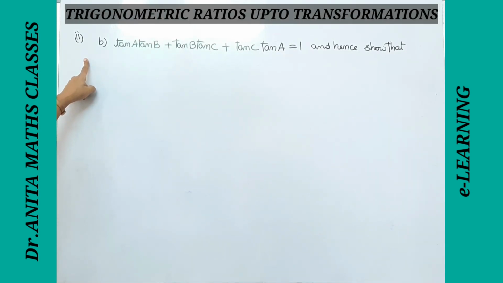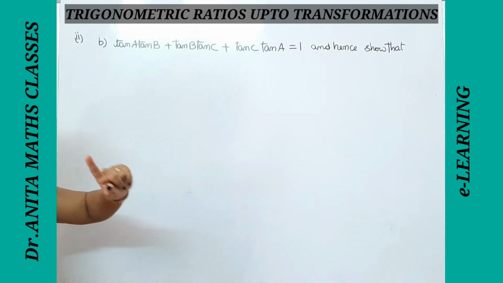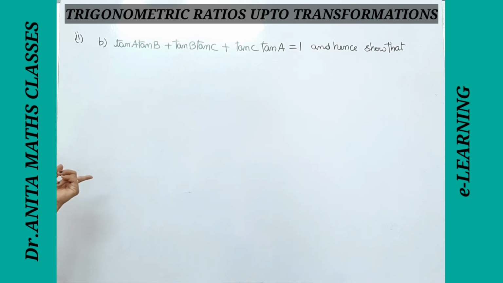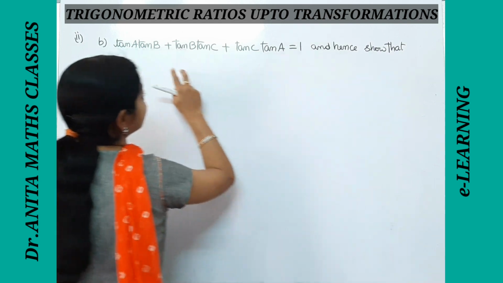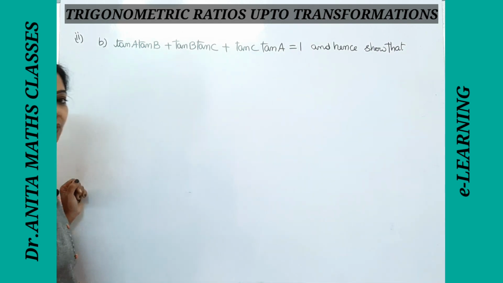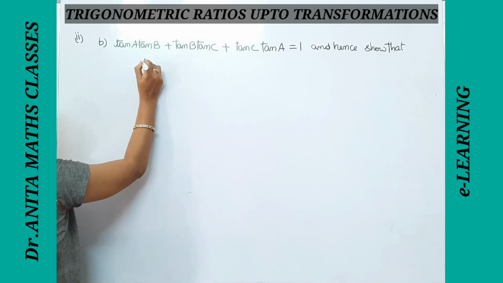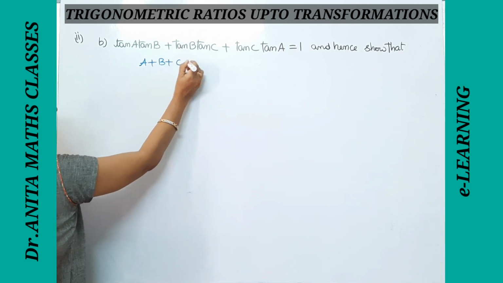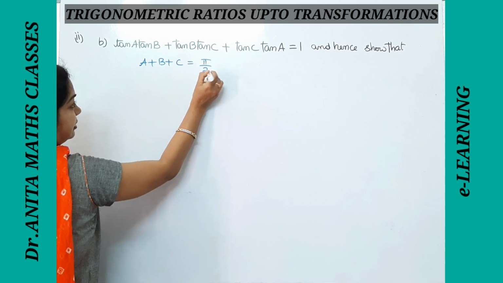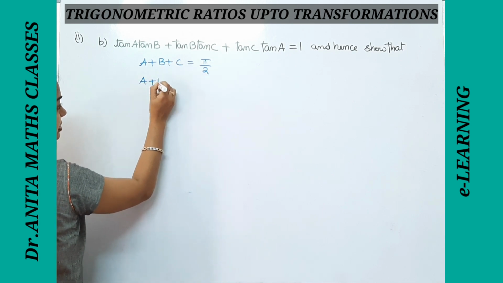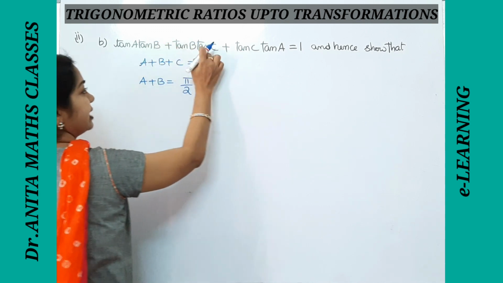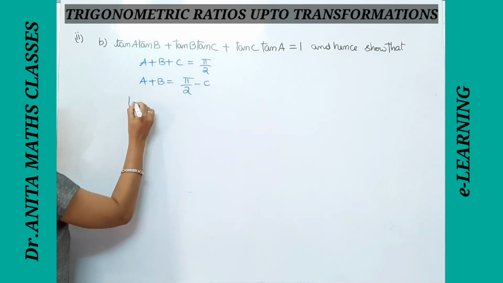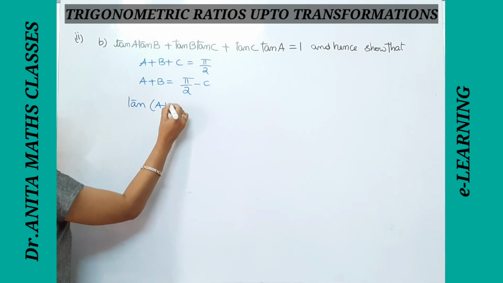Now here the b question, in the second bit only, if a plus b plus c is pi by 2 and none of a, b, c are odd multiples of pi by 2, given, we have to show this, and hence show that this is equal to 1 here. Now let's start with the same thing, that given condition is a plus b plus c is pi by 2. Here let us shift the c to the other side, a plus b equal to pi by 2 minus c. Now here they are all the tan functions, so let us give tan to both sides. Tan a plus b equals tan